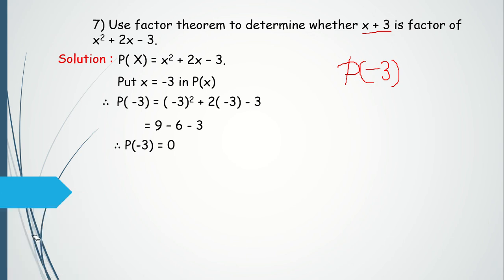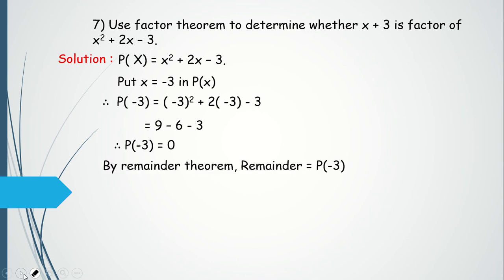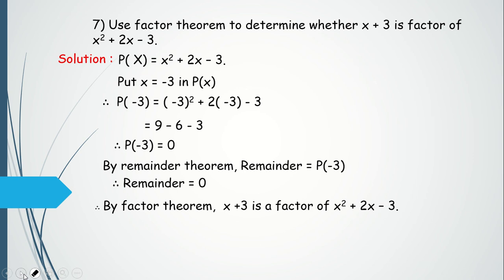The remainder is 0. By the remainder theorem, p of minus 3 is the remainder, and we got the remainder as 0. Therefore, x plus 3 is a factor of x square plus 2x minus 3. By the remainder theorem, the remainder is equal to p of minus 3. Therefore the remainder is 0, and therefore by the factor theorem, x plus 3 is a factor of x square plus 2x